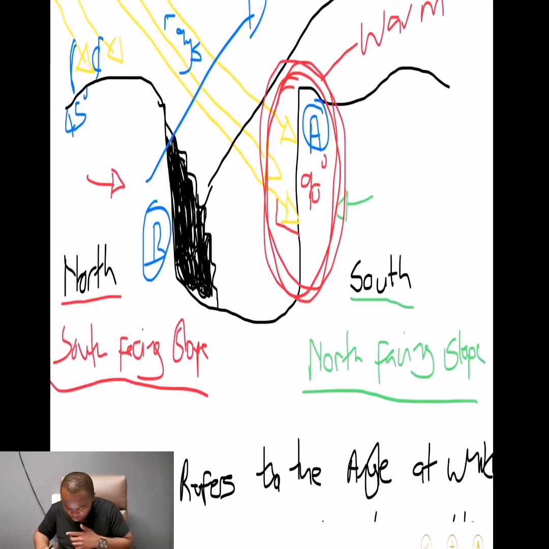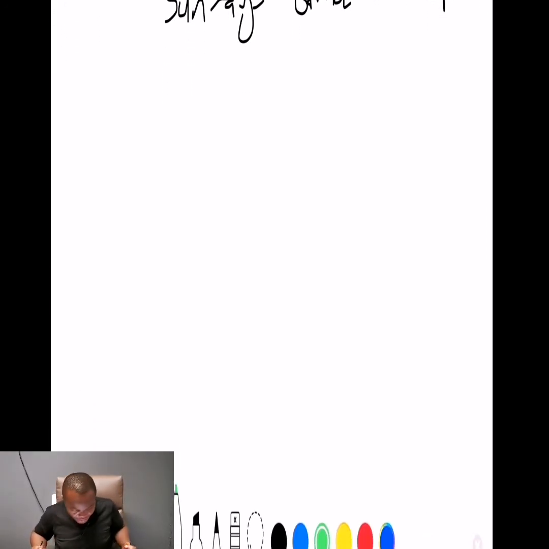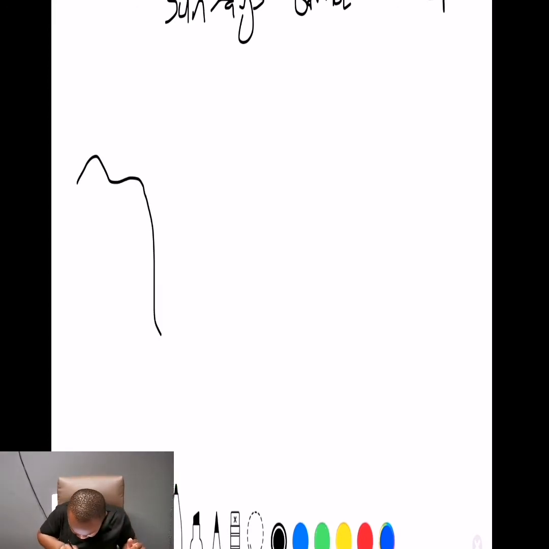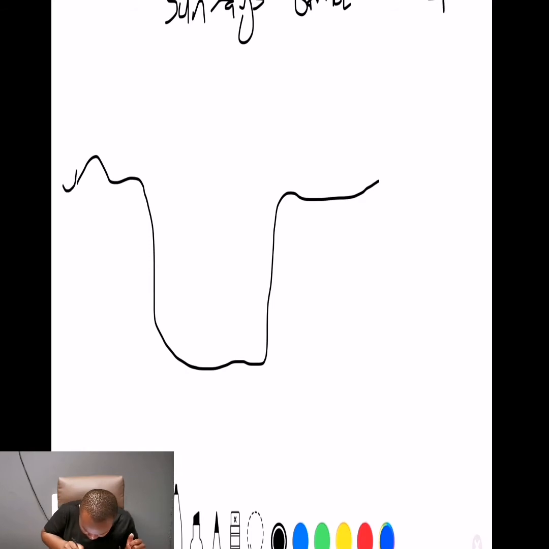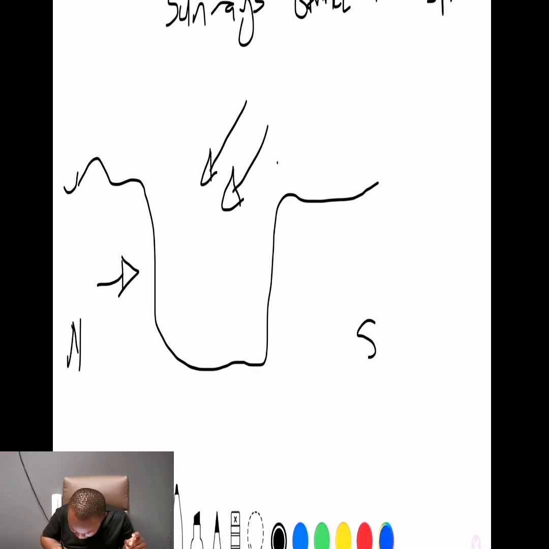All right, let us move on. And then what is happening in the northern hemisphere? In the northern hemisphere, let me just draw a simple diagram. Again, it is showing both slopes. We have our north on this side, and then we have our south. Then in the northern hemisphere, the south-facing slope, because this side is facing this side, receives direct insolation.